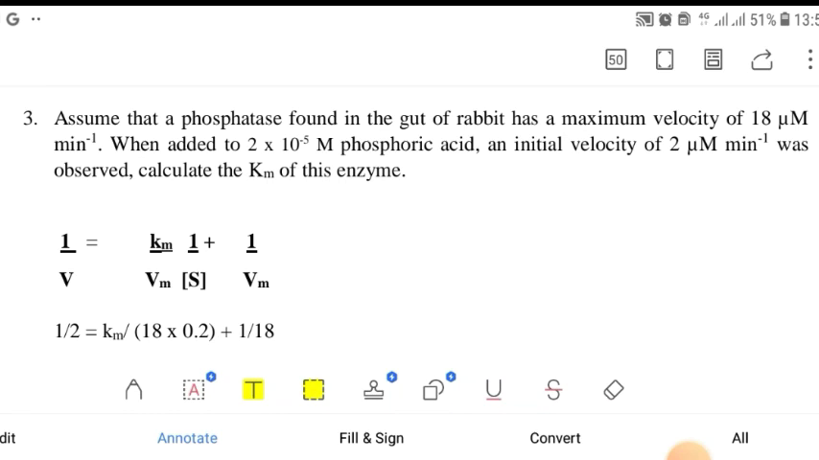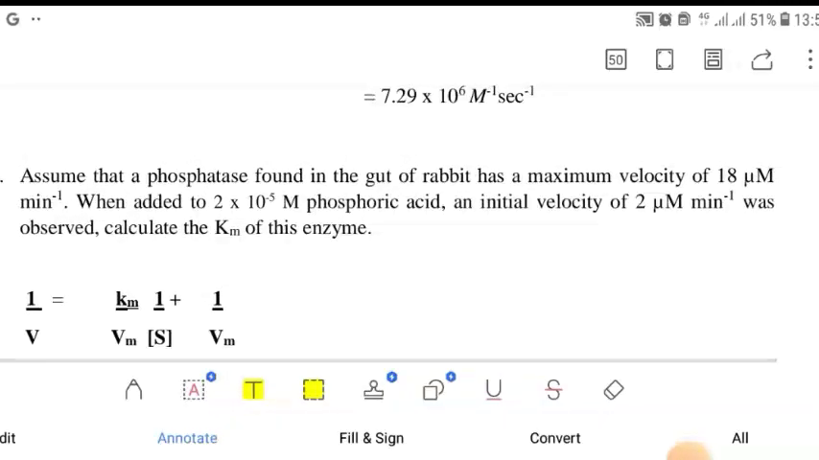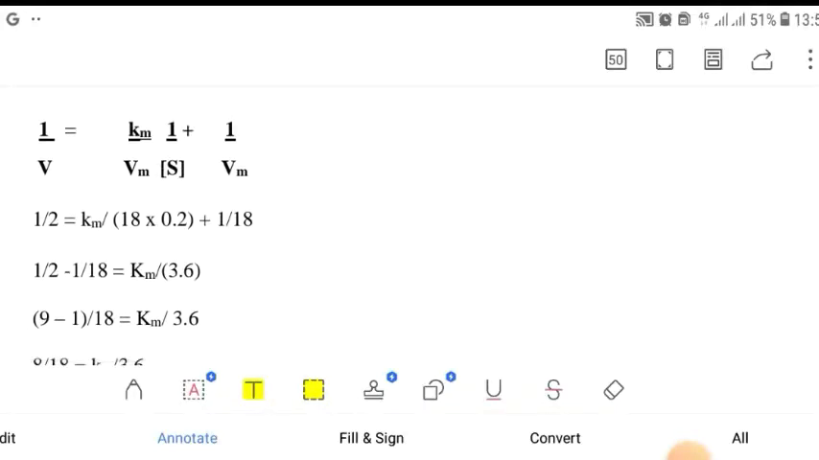Now, there is something I did here that some of you may not be able to understand. If you look at the maximum velocity, your Vmax is 18 micromolar. Your initial velocity is 2 micromolar. But when you look at the total concentration of the phosphoric acid, it is 2 times 10 raised to power minus 5 molar. And what I did in the equation, because you will see that your Km multiplied by 1 over Vmax multiplying the substrate concentration beneath, I don't need to. The thing is that Km times 1 will be Km, while underneath the denominator you say